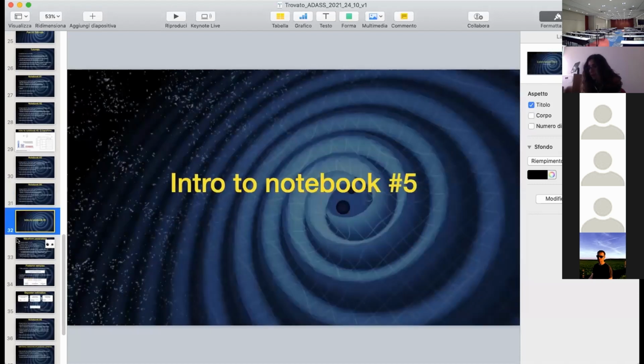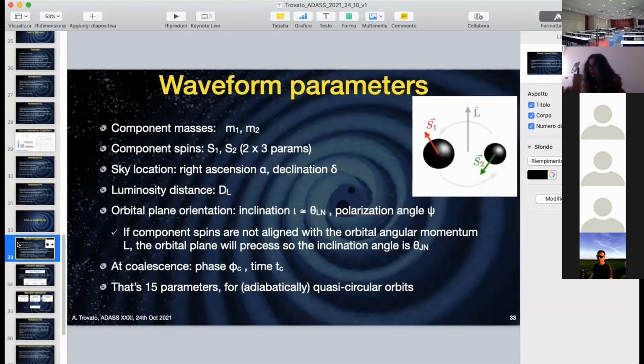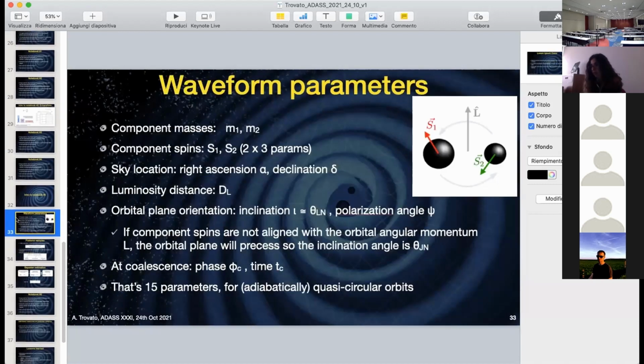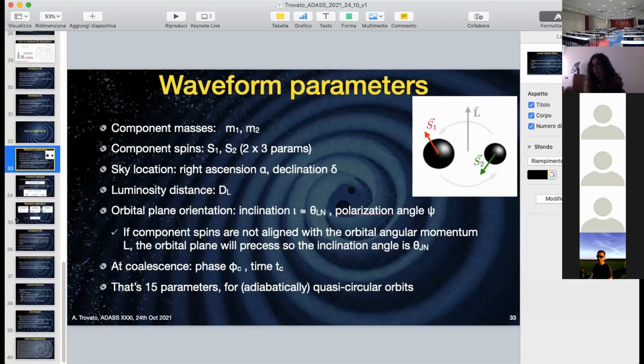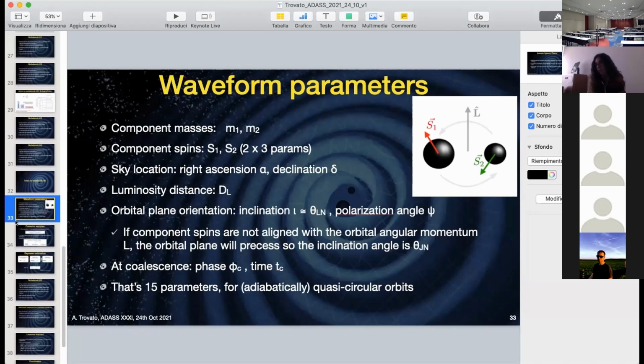Since I see no question, I have just a few words to say before. I had foreseen another tutorial. I don't think we have the time to see it, but I just introduced the topic. So the point is that in this binary system of black holes